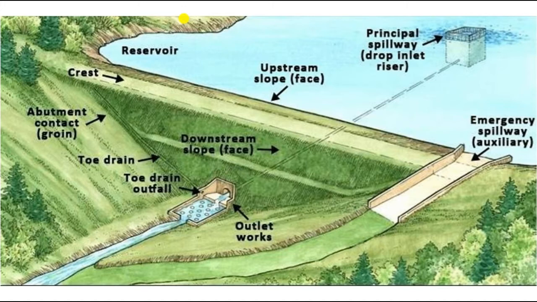Third is the detention dam. It is a dam constructed for flood control. A detention dam retards the flow of water in the river on its downstream during floods by storing some flood water. The water retained in the reservoir is released gradually at a controlled rate, like Derby Dam. That is, it retains the flow or reduces the velocity of flow.